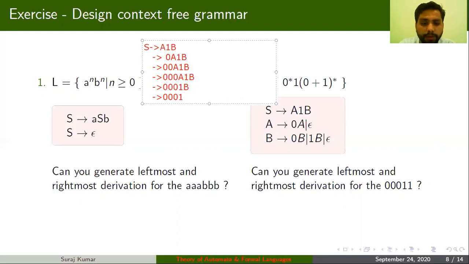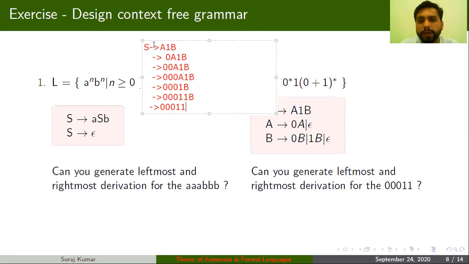So now you can replace your B with 1B to generate the second one. Now your second one has also been generated, so your work is done, and you can replace your B with epsilon. So you will get 00011. So this is actually the